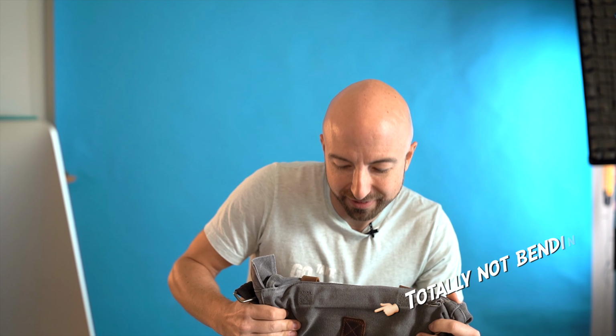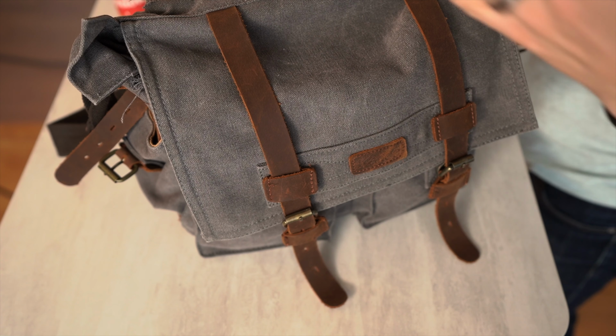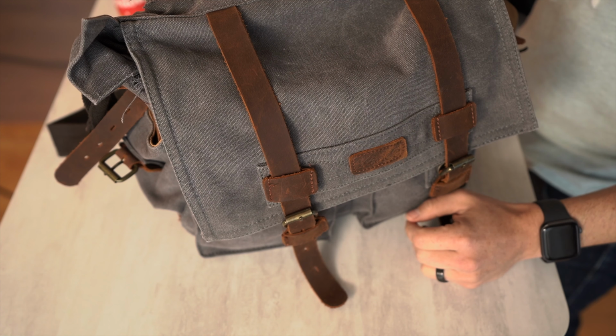Inevitably, over time, when you have a camera bag, it will start to deform. And when you put your camera in, you're kind of pushing the bag back open again because it doesn't have a shape anymore. And when you're walking around, this thing starts to bend around you and it's squishing the stuff inside. I hate that. And so, I decided to fix that with my current camera bag. This is just a cheap bag from Amazon because I haven't been able to decide on anything nicer. And so, direct from China, I ordered